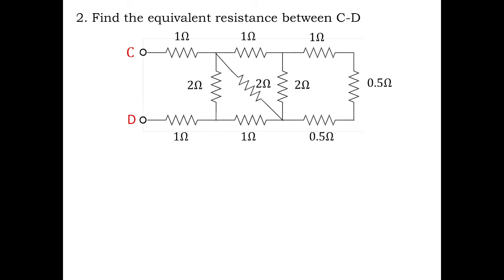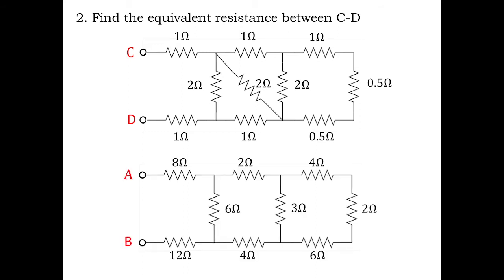Now we have reached the next example, where we need to find out the equivalent resistance between C and D. This problem is quite similar to the previous problem, but there is a difference. What is the difference? When you look at A and B calculations, and when you look at C and D calculations, there is a 2 ohm resistor placed between two new node points. There is a node here on the top and a node here on the bottom, and a 2 ohms is placed here. So how to sort out this problem?